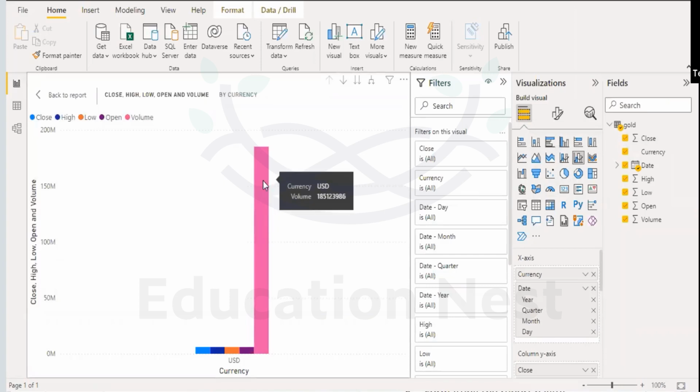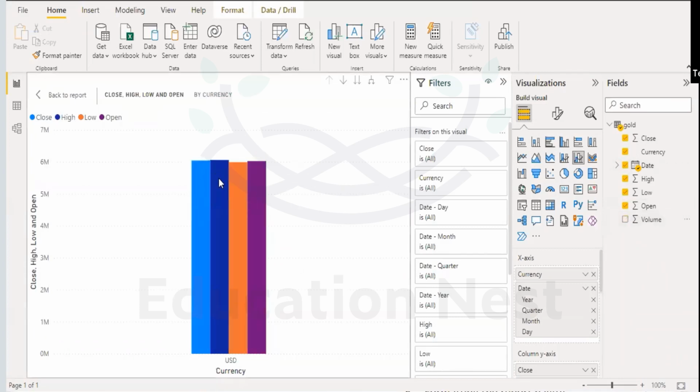Out here, you can see that's the volume. The volume is generally the highest. So if I deselect volume, then you can see how your high, low, close prices will look. Now, this is the month. 0, 1, 2, 3, 4, 5, 6. If you deselect the dates,